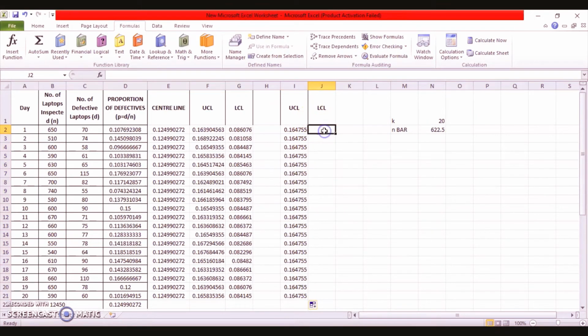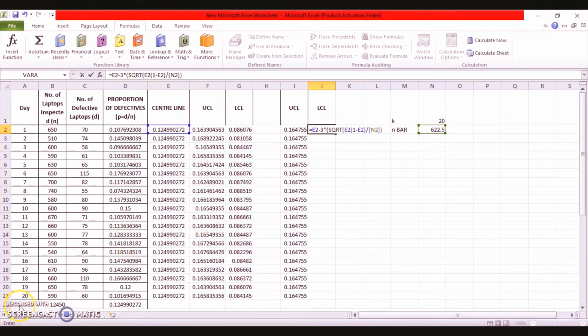Now the lower control limit, the formula is P bar minus 3 into square root of P bar into 1 minus P bar, and again, despite selecting this N1 value, we'll select the N bar value, that is the average of your sample points.